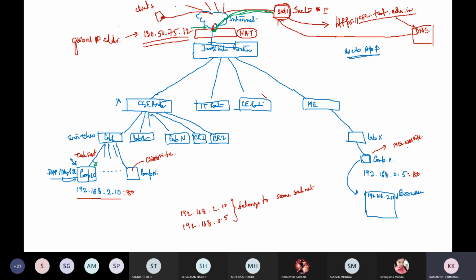If we use local IP addresses within our machines, as we are configuring in our lab, these machines are not accessible from outside until you configure NAT. That's why the programs you write in our lab, you can't access from your home. But if we configure NAT for every machine, then your machine is accessible from outside.